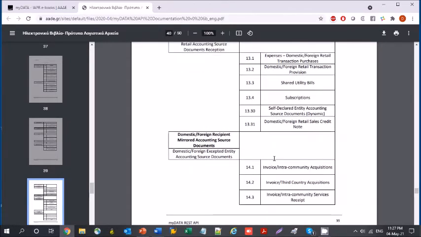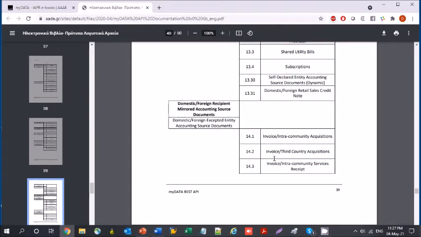The MyData types starting from 14 are related to incoming invoices with variations depending on the vendor. In SAP, these incoming invoices, FI documents, may be posted either from the Materials Management module MM using transaction MIRO, or from the Financial Accounting module FI using transaction FB60. The main variation is related to the country of the vendor. 14.1 is used for incoming invoices issued by EU vendors, and 14.2 for the ones issued by third countries vendors,